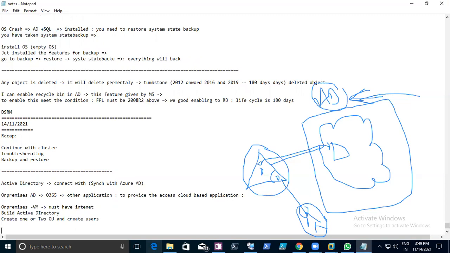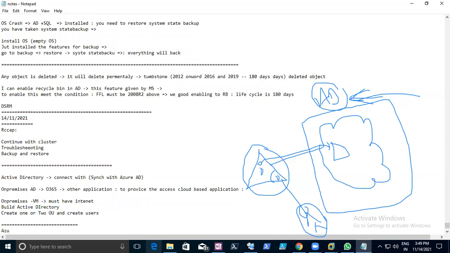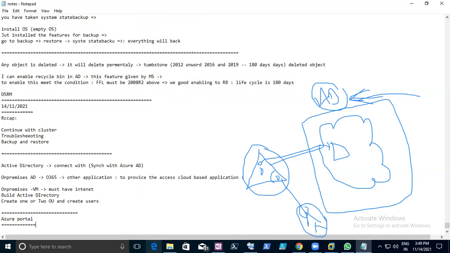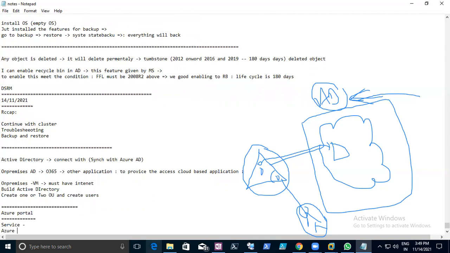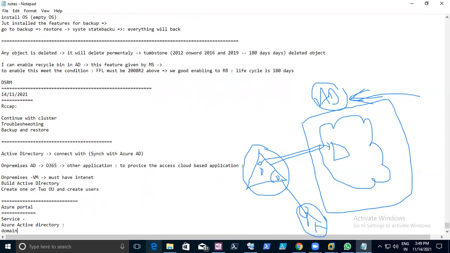Then when we go to the Azure side, the Azure portal, we go directly to the service called Azure Active Directory. We have to build one domain. The domain we have created already is neil.com.